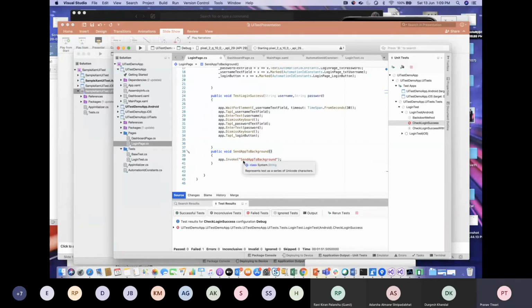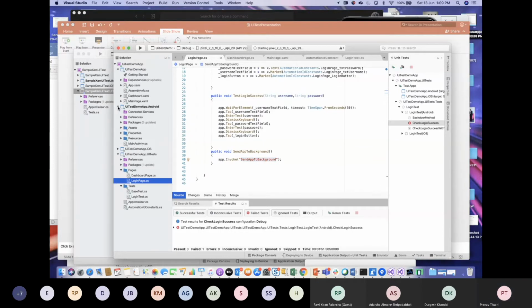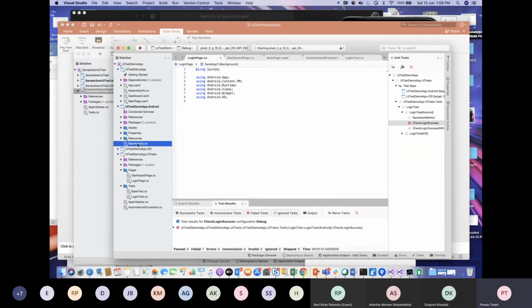From our UI test project side, what we need to do is write app.Invoke, and inside we need to write the name of our backdoor method. How it has been implemented, we are going to see in our Android code. We'll open our main activity.